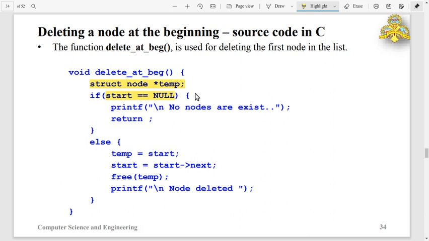If it is null, our linked list is empty. That means start is equal to null. So this completes our first possible case of deletion at the beginning. If the start pointer contains some address, then start will not be null, so it will go to the else part. The second external pointer, temp, is initialized with the content of the start pointer. So that means the first node has two pointers, one is start, the next one is temp.